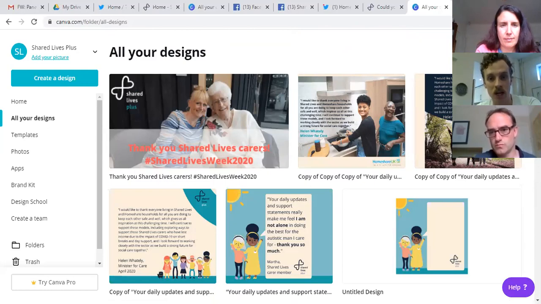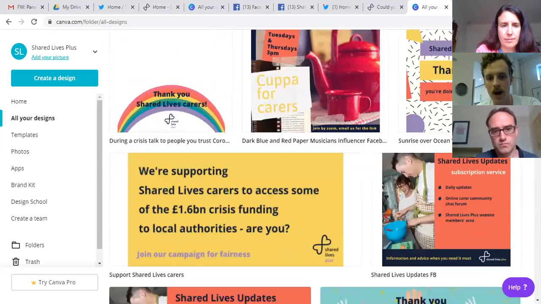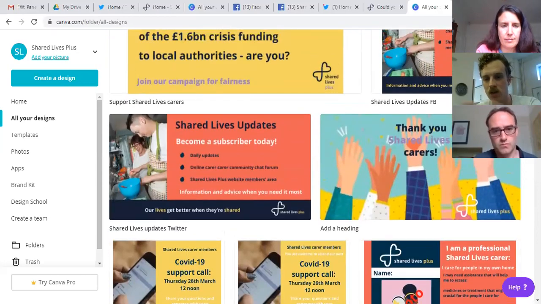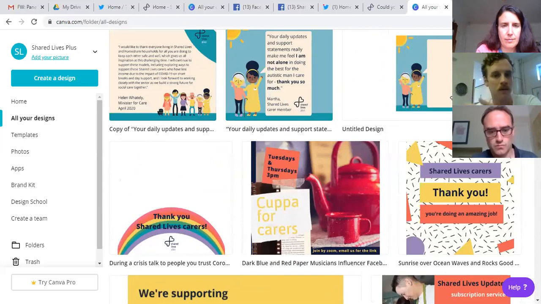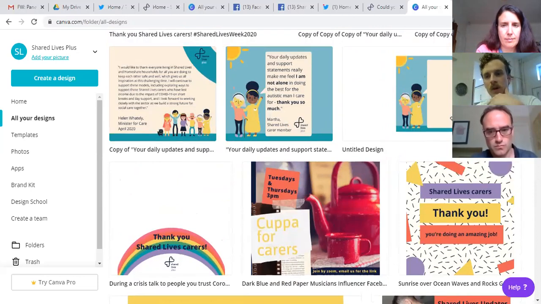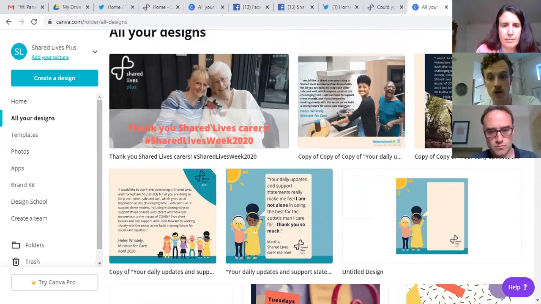template images that include some of these illustrations that you can see, and also the text and color that we use and the shapes that we use to frame things, which make them look nice and cool. We really would encourage you to use them because they're a great place to get started. They're professionally taken photographs of real Shared Lives matches, like you can see up here in the top right.